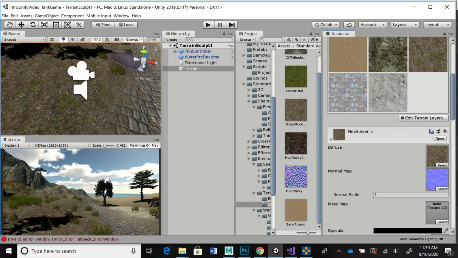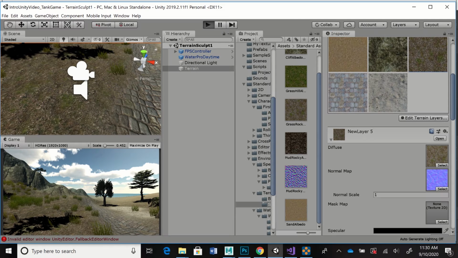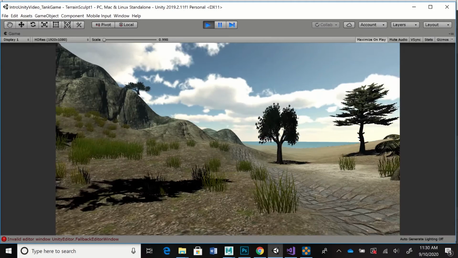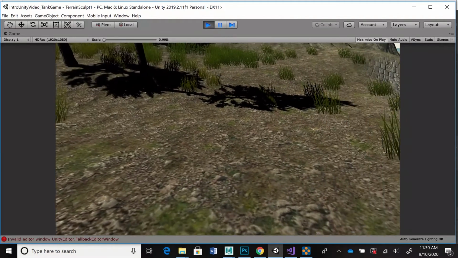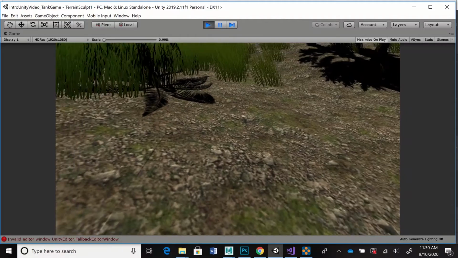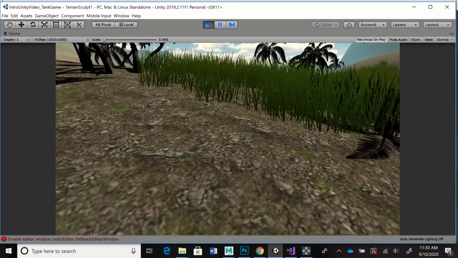So I've just replaced that texture, and if we look at what it looks like, if I look around, it looks okay. It doesn't look terrible,